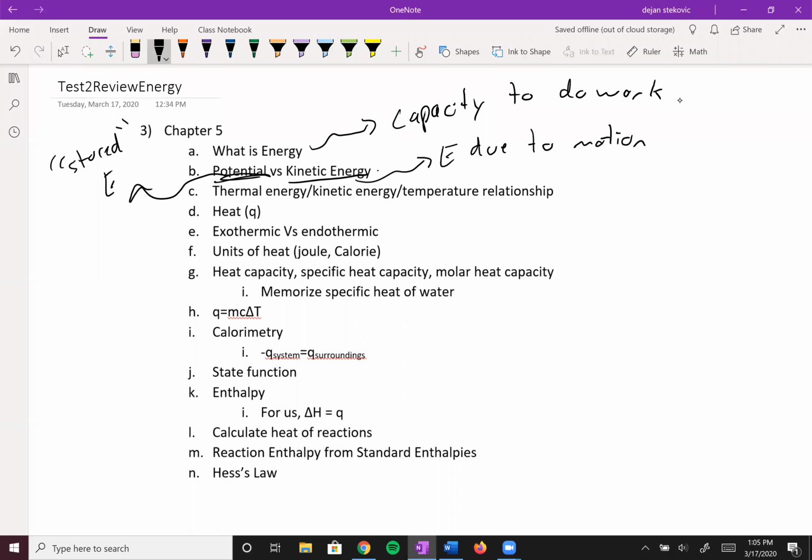Right, next up, we're talking about the thermal energy, kinetic energy, temperature relationship. Basically, the faster a molecule is vibrating or moving, the more thermal energy it has, and the higher the temperature, right? So faster vibration goes to higher temperature. And so in chemistry, most of the time we're not actually talking about doing work, we're talking about